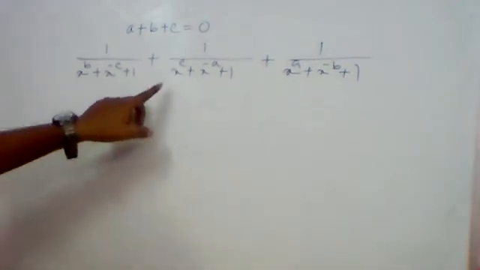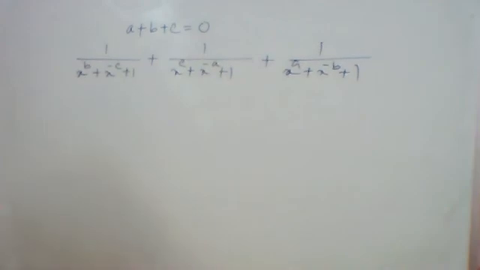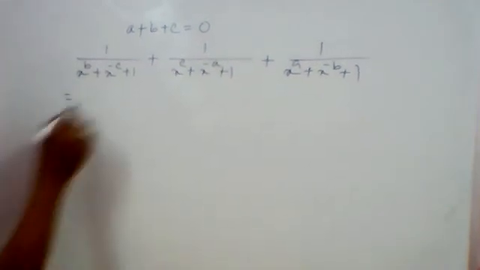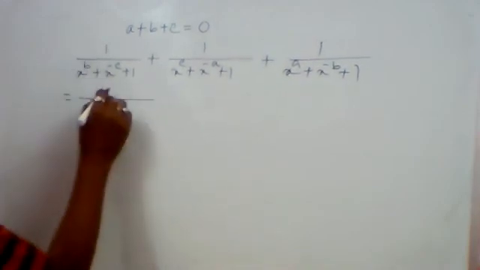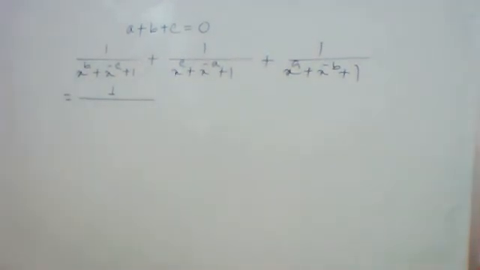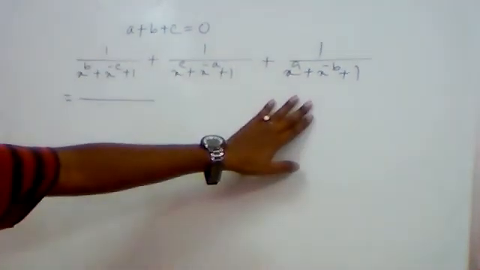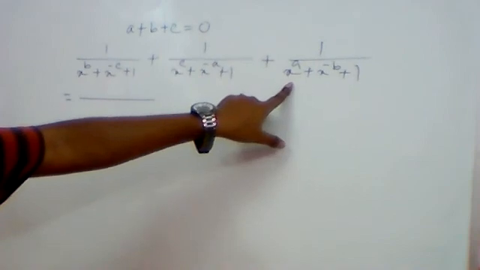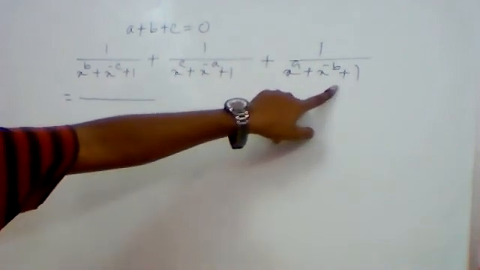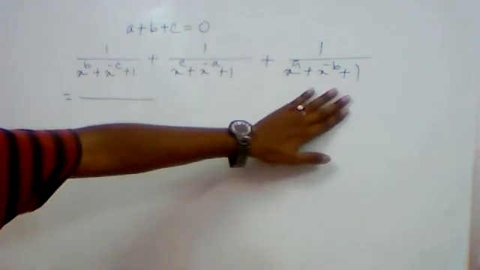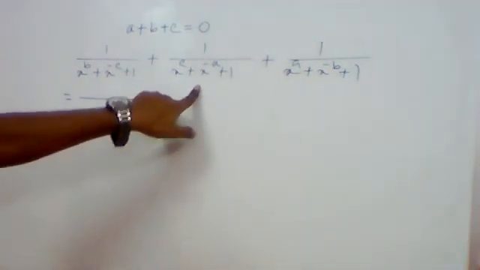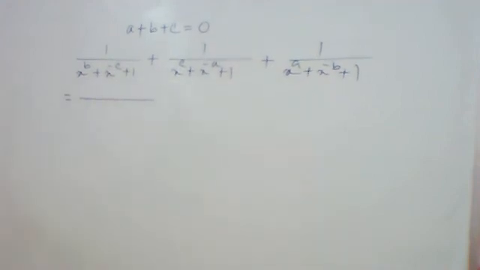Obviously, you understand that to solve this, we have to use this. Now see, here we can write 1 by, okay. Always remember, in this type of question, make the denominators equal. Equal means keep one denominator same and convert the other denominators using this result. So suppose I am trying to keep all the denominators this x to the power a plus x to the power minus b plus 1. So it should be kept unchanged. This one is to be converted and this one also into this. How to convert?